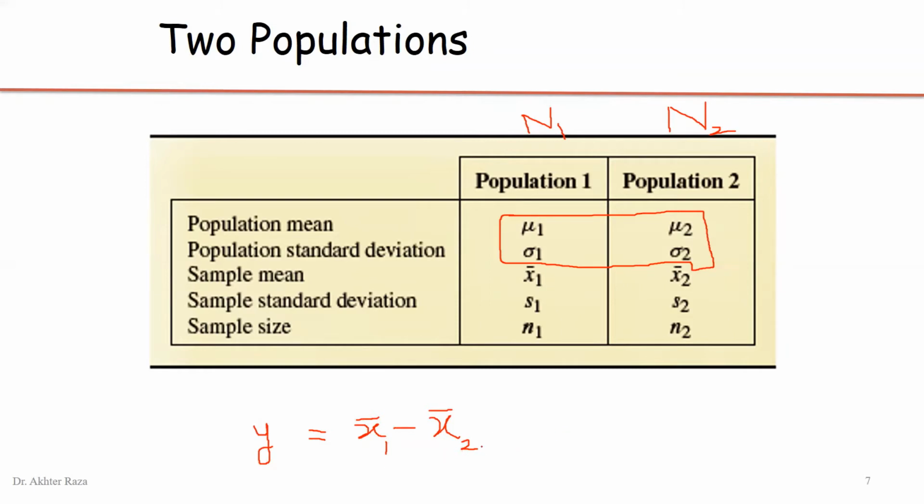These 12 differences, if I have the data of all of the 12 samples given in the first example, we can construct this sampling distribution in the same way as we did the sampling distribution for one sample mean. But the only thing that is changed is the variable. It is not x1 bar that is my variable, not x2 bar that is my variable. The difference of the two means will be my variable. So we are going to construct a sampling distribution of the difference of the two means.